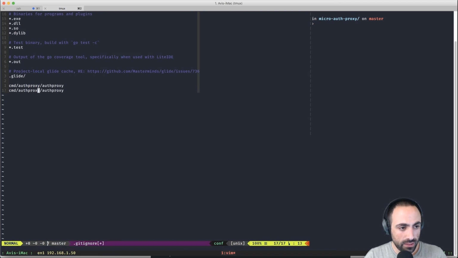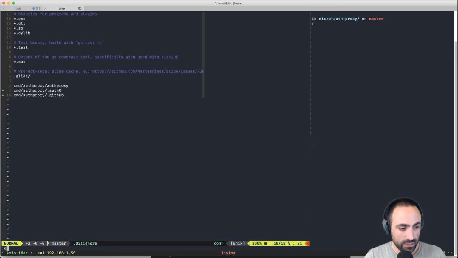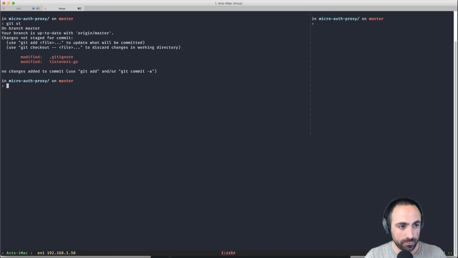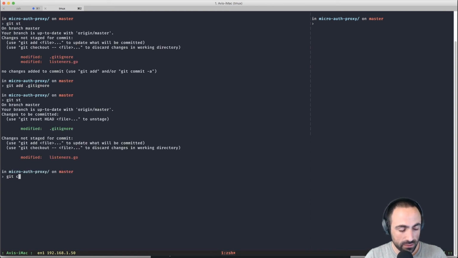So we'll add this, and then here .auth0 credentials, and then we'll also add the .github. So we'll add that to the git ignore, and let's commit this.